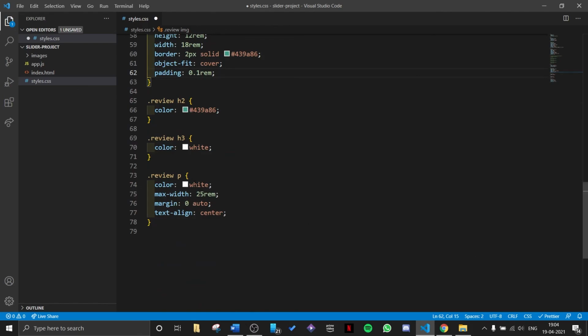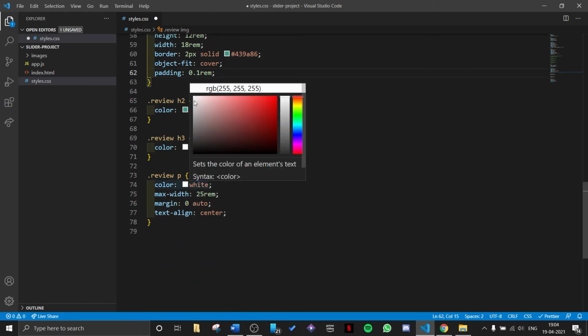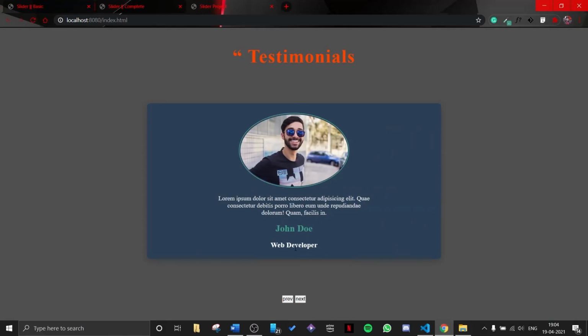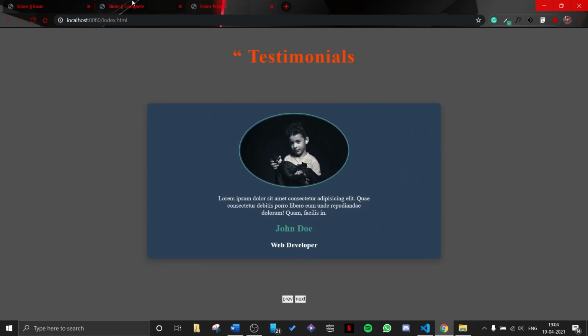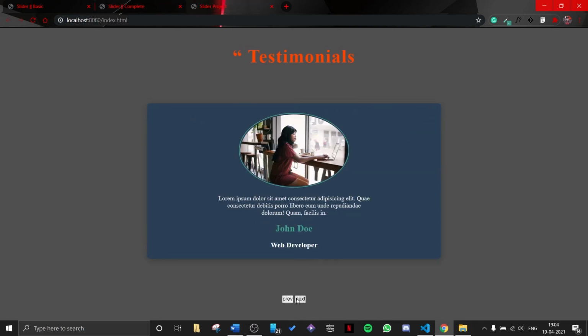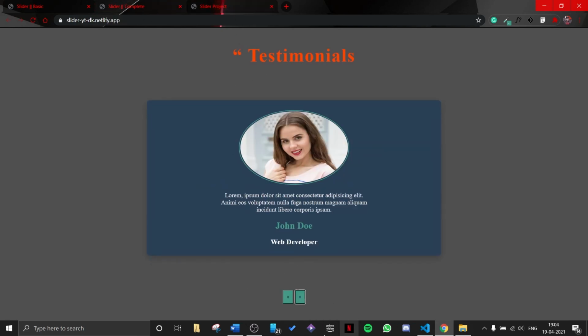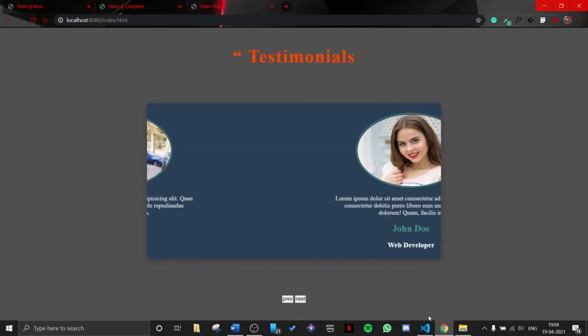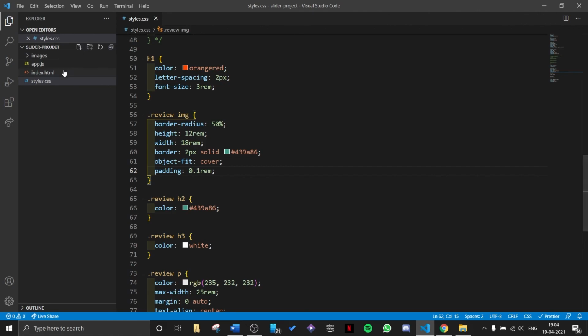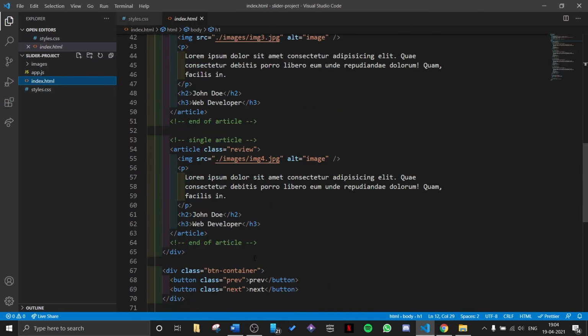Alright, and for the paragraph, let's go for a little bit gray so that there is a difference between web developer and the paragraph. So yeah, the only thing right now left is to style these buttons, and we have text here and HTML entity here, so let me just correct that, or I think this looks good.